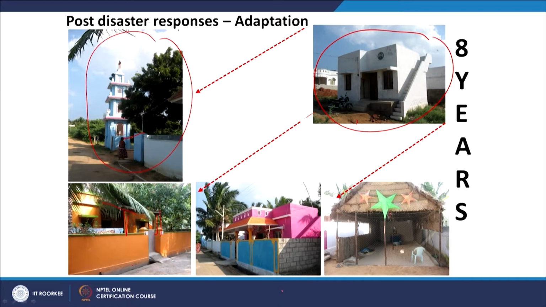And for elderly people, whatever the leftover spaces in between, the buffer spaces, they covered with a net and they put the seashore sand, and with the small vernacular materials, they started constructing some small prayer rooms. So in that way, people started adapting to the change. So if one has to understand this change process, it is not just we can understand from a 1-year work or 2-year work. I mean, I can see here at least after 8 years when I visited, I could see a tremendous change.